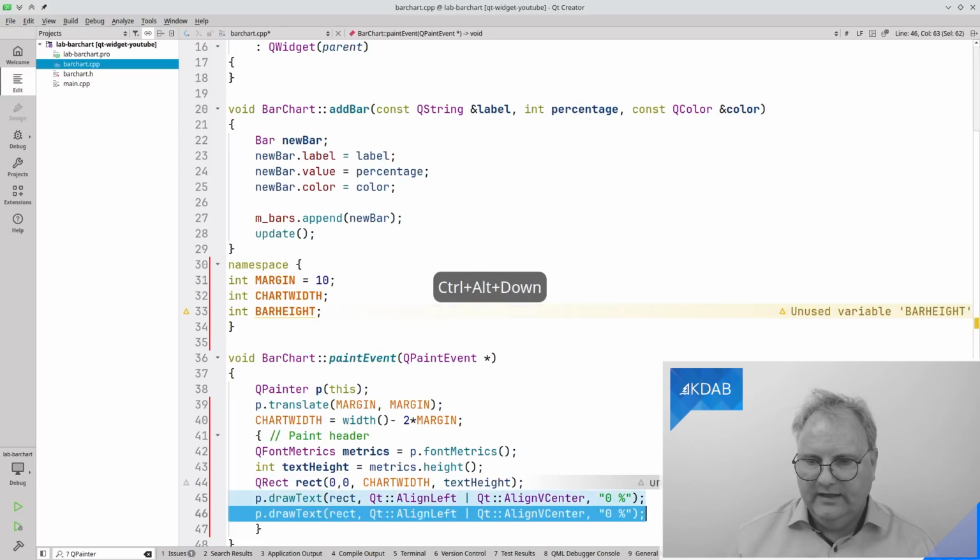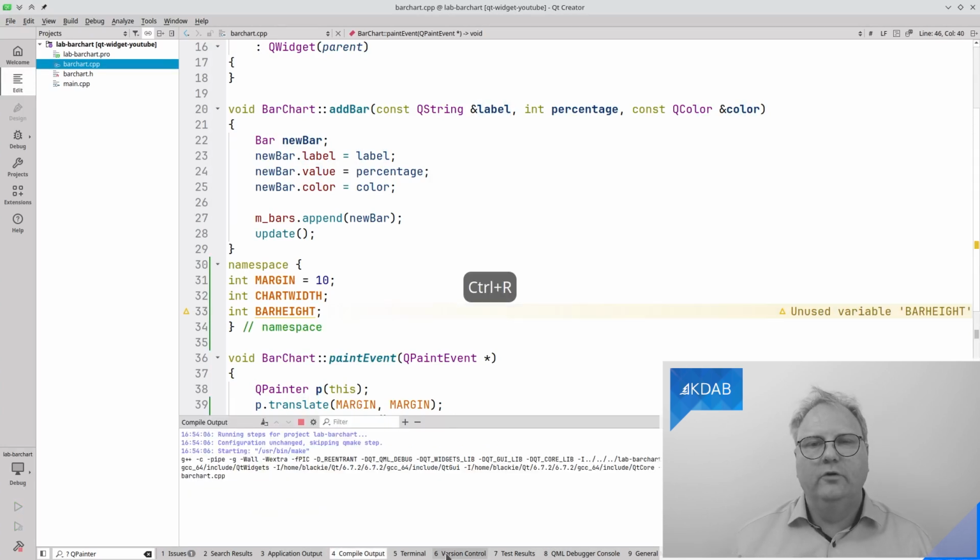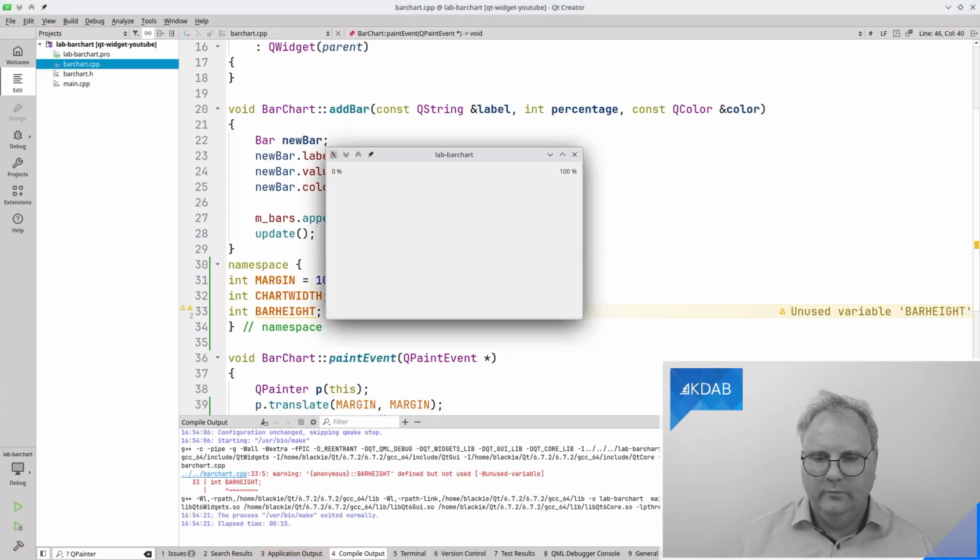There we are. Because the 100% is super easy, because all I need to do is to align to the right, because I have the whole rectangle laid out for both sides. Obviously, the 0% is not going to take the whole width of the screen. It will be aligned left, so it'll be sitting over there, and with the rectangle going all the way over to the other side, it will be working fine.